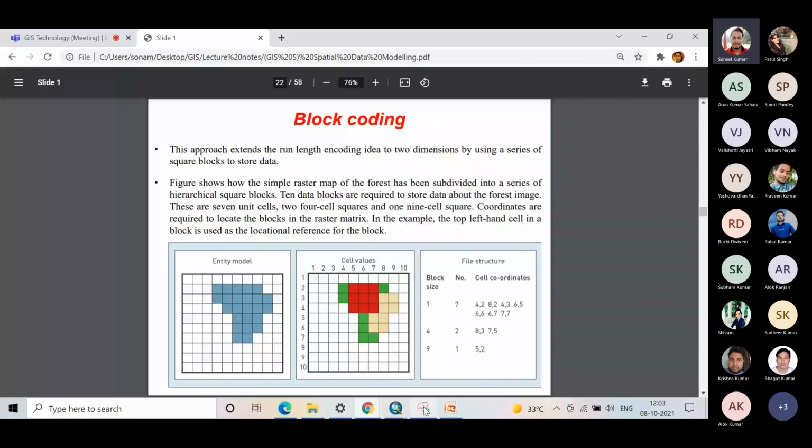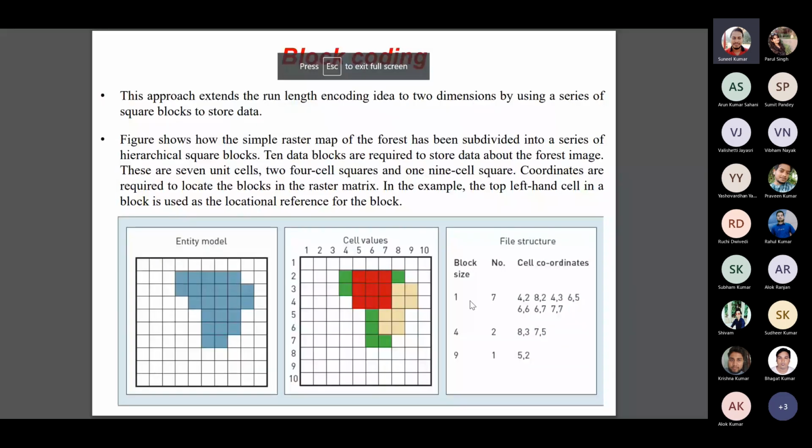ठीक है, फाइल स्ट्रक्चर को बनाने के लिए जैसे कि आप स्क्रीन पर देख रहे हो, यहाँ तक का प्रोसेस तो आपको बता दिया, बीच वाले तक का। थर्ड वाले में फाइल स्ट्रक्चर में देखिए आपको 3 कॉलम बनते हैं, जिसमें पहले कॉलम में आप ब्लॉक साइज लिखते हैं, दूसरे कॉलम में कितने उस तरीके के ब्लॉक्स हैं उनकी संख्या लिखते हैं, और थर्ड कॉलम में आप उनके टॉप लेफ्ट कॉर्नर का जो कोऑर्डिनेट है वो लिखते हैं।